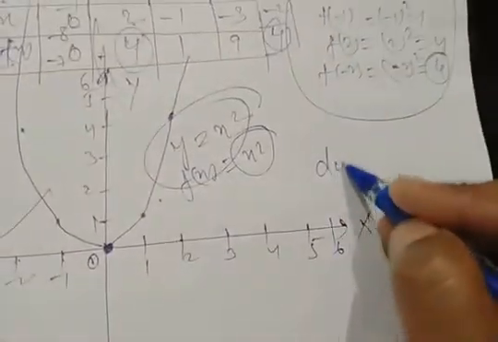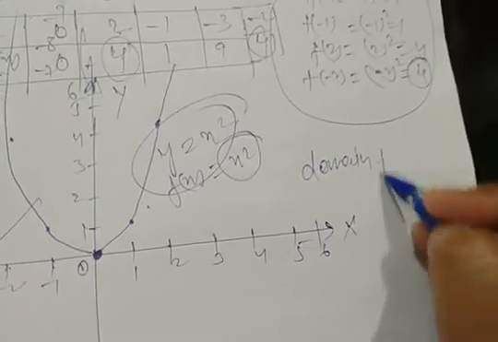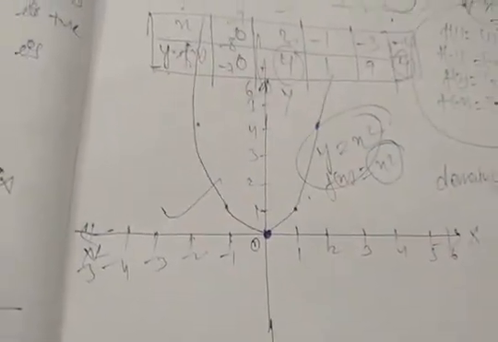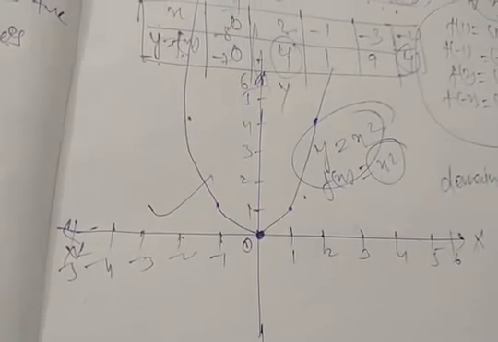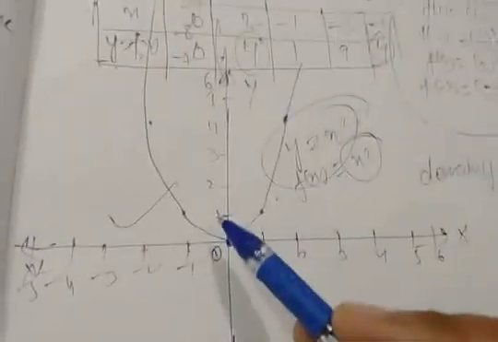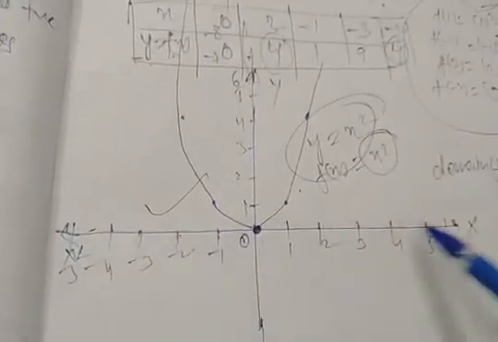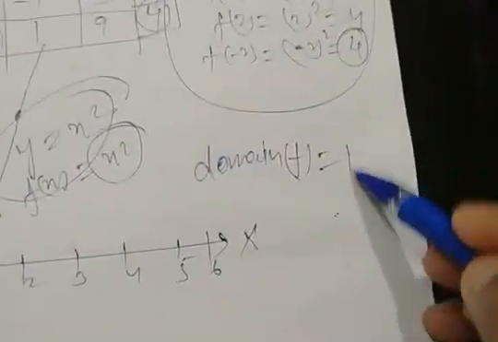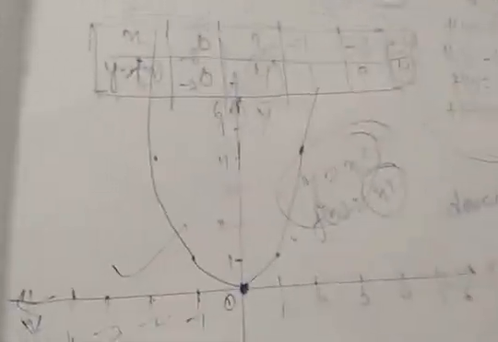Then here it is clear that the domain of that function, what is domain? I just discussed that point. The domain takes any value on the x-axis, because that function is defined for any real value of x. Okay, so the domain of that function is any real value. And we discuss the range.